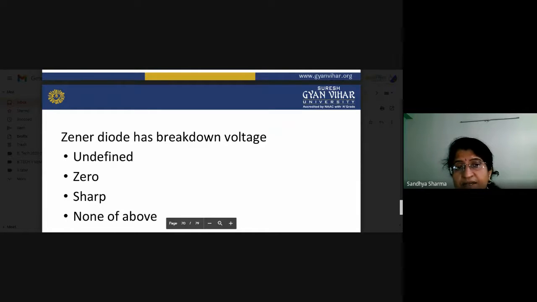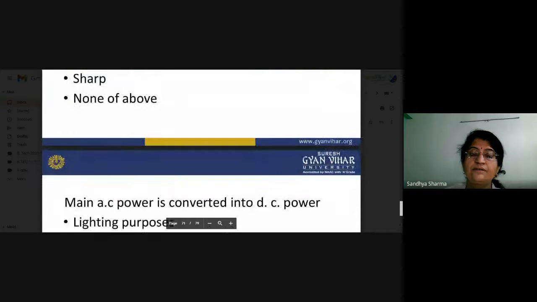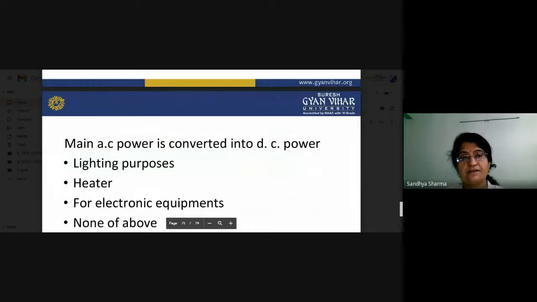There is again a thing you have to prepare for: making the Zener diode breakdown sharp. Why are we making it sharp? Because we want a constant voltage. We don't want the voltage to change. So for designing a sharp breakdown, what do you have to do? You have to do high doping of the Zener. So this is the reason.